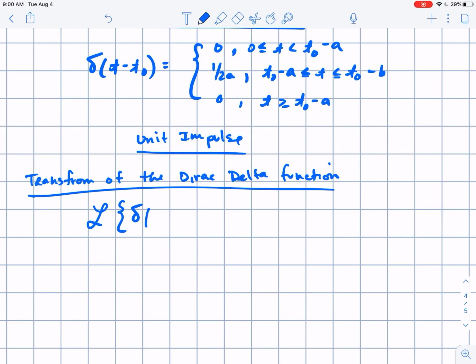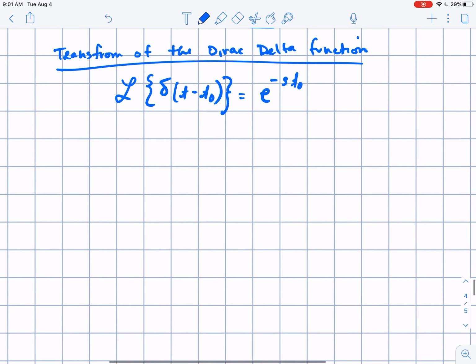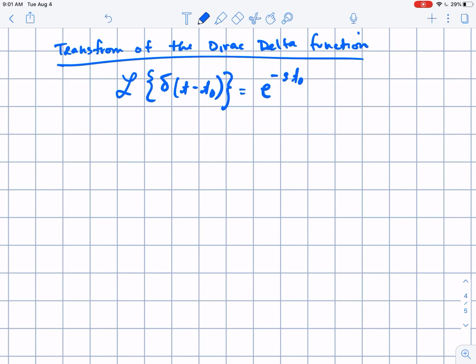So if you have that t minus t naught, it'll just be e to the negative s times t naught. So again, with this, we are doing initial value problems, and if we get something that looks like this,